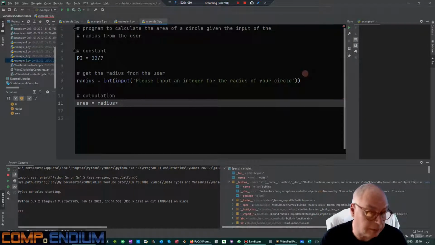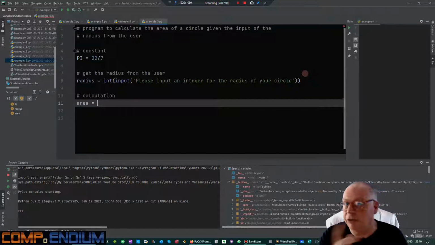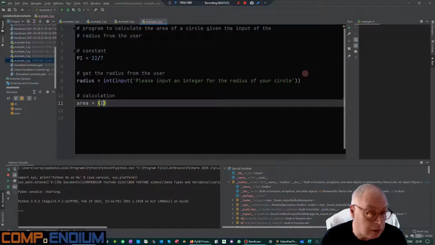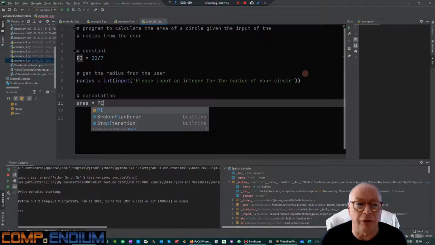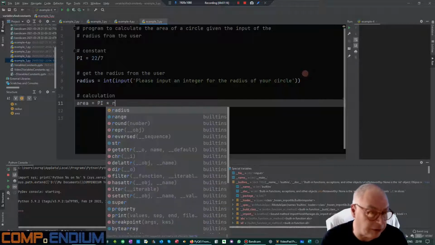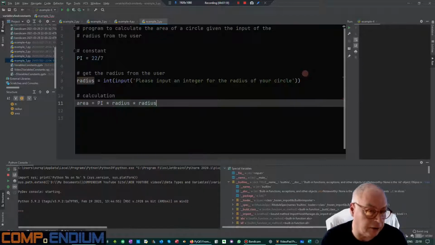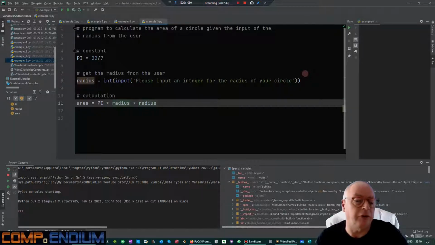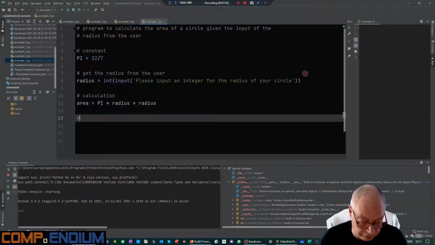multiplied by the radius. Sorry, actually, let's do it properly. Let's do pi. I'm not sure why I was wanting to do it back to front. It's pi r squared, so let's do pi multiplied by the radius, multiplied by the radius. We can do the equivalent of squared in Python, but it's a little more complicated because it involves importing code from another library, and I'm not going to do that in this video. So I'm just going to say r squared is the equivalent of radius times radius, which is what I've done here. So area is pi times the radius times the radius, and then we're just going to print out